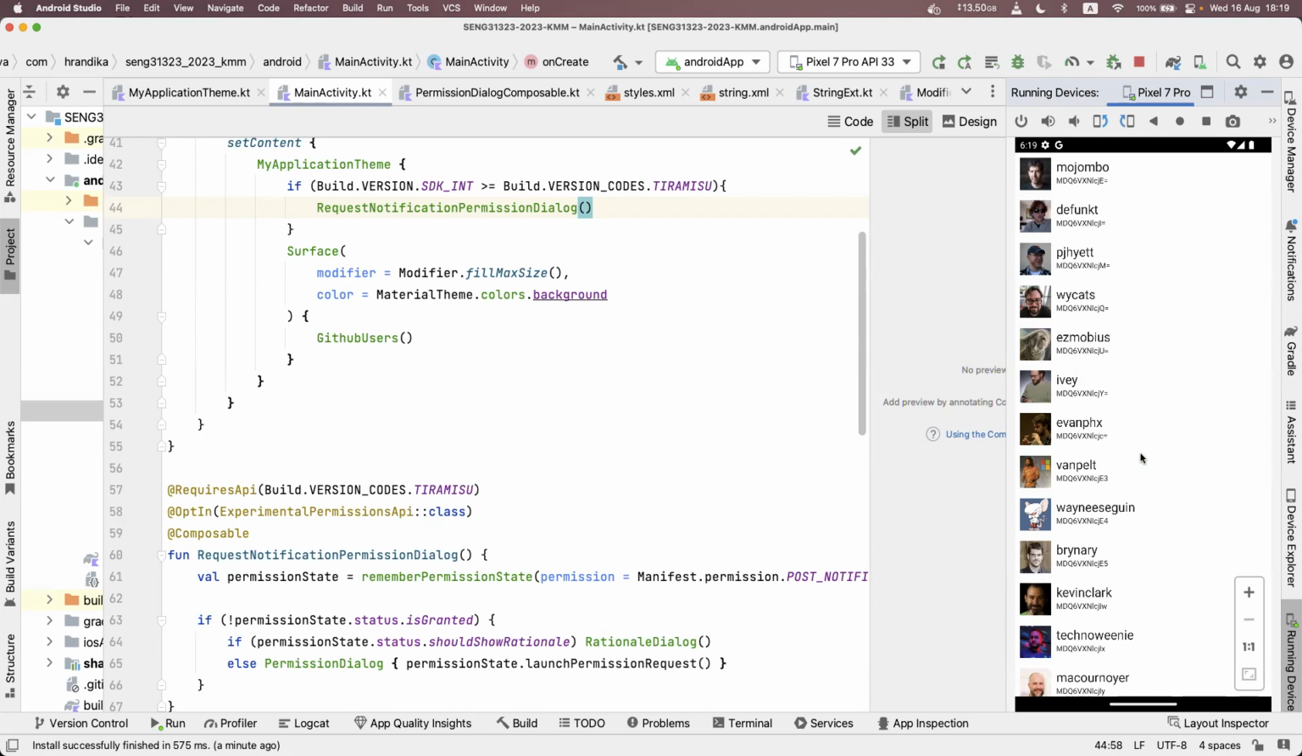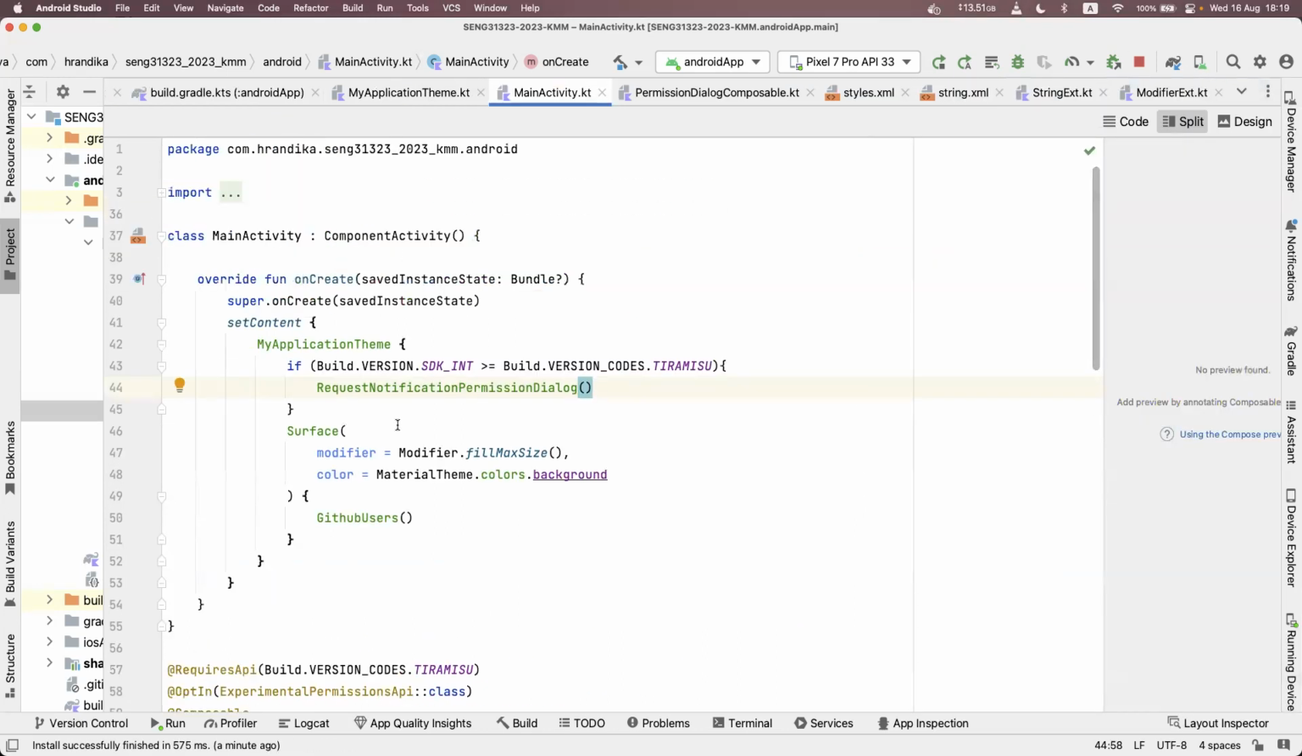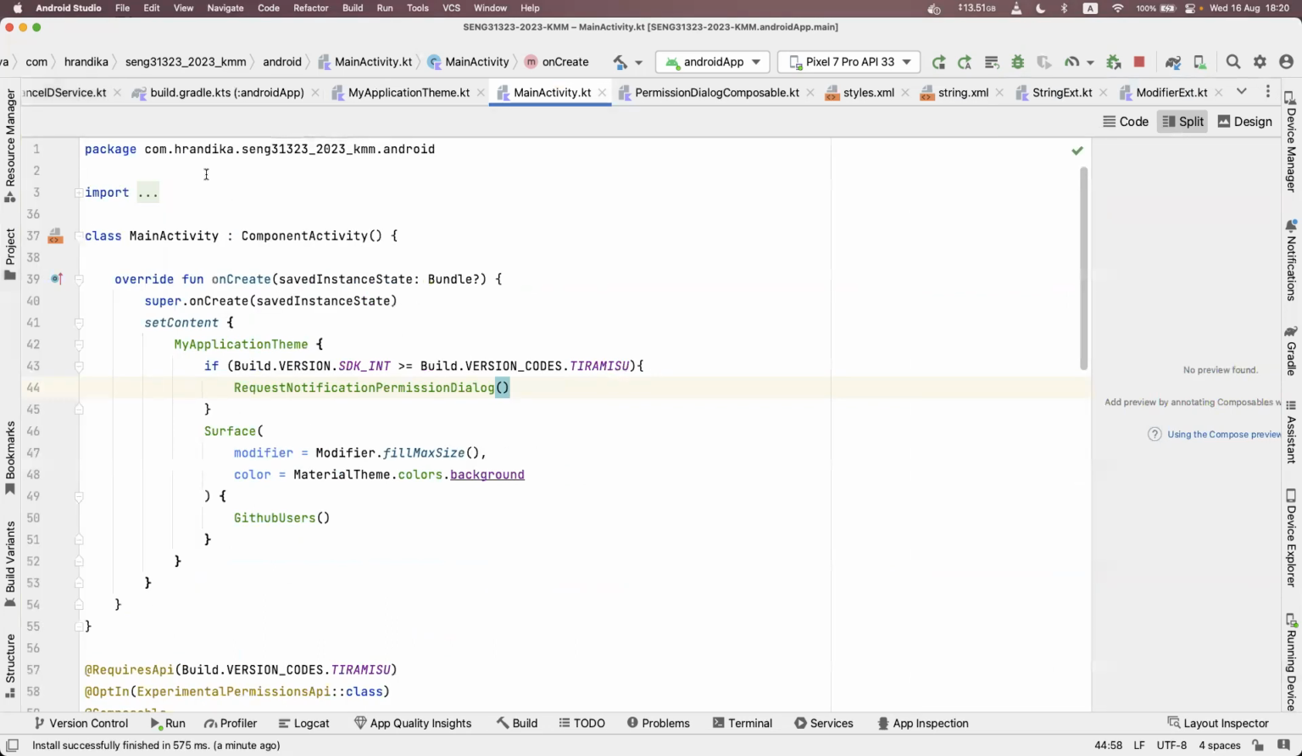First, I will show you guys what I have done so far, then I will go to testing the notification. Otherwise, you will get lost. So the first thing that I have done is, when I'm launching the application itself, I'm checking whether the version is